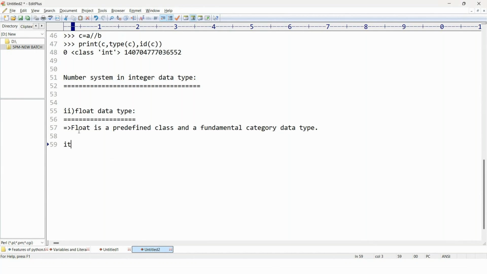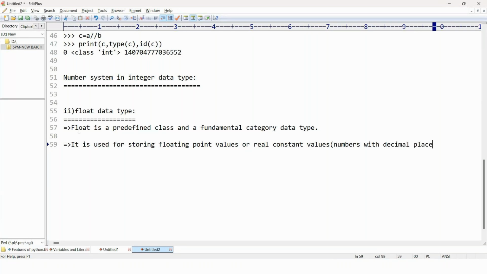It is used for storing floating point values, or we can also call them real constant values. The values, I can say, are numbers with decimal places.